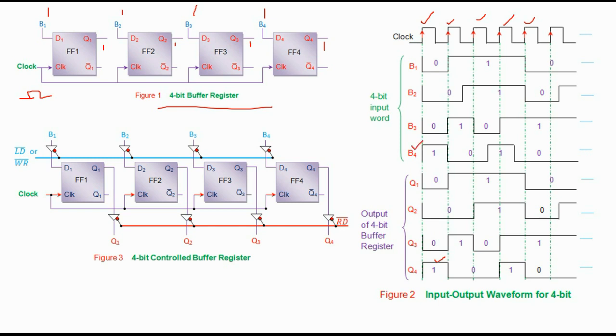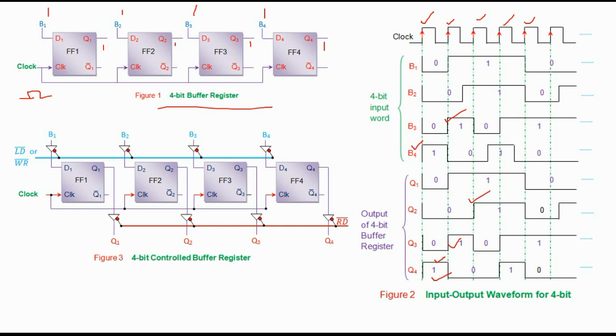So 1 bit is sent to Q4, and after some time at the B3 positive edge, logic 1 is sent to Q3, the output of flip-flop 3. After some time, B2 will send 1 at the positive rising edge to Q2, and the rest happens like that. So this is the way data is loaded into the registers.